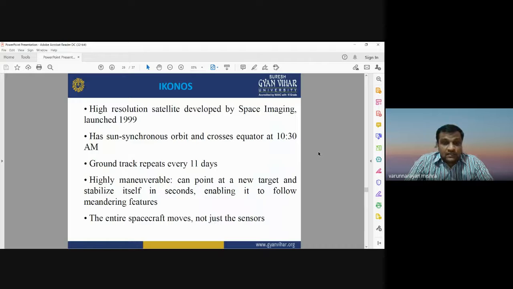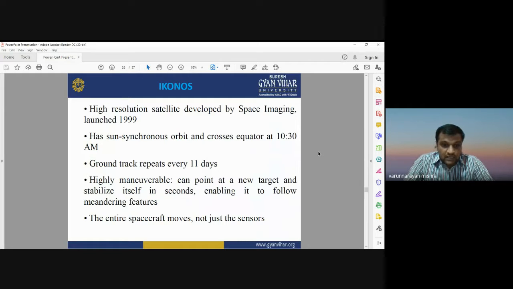Another important remote sensing satellite sensor is known as IKONOS. It's a very high resolution satellite developed by Space Imaging that was launched in 1999. It also has a sun-synchronous orbit, and it crosses every area on the Earth surface at 10:30 a.m. every day. Its revisit time and repeat cycle is around 11 days, and it is highly maneuverable, can point